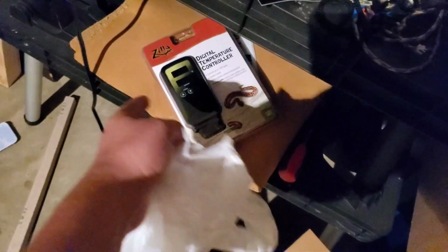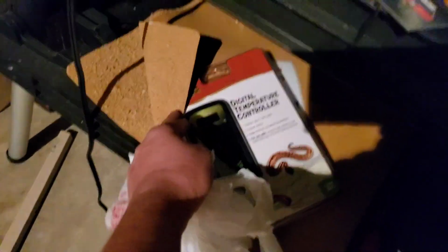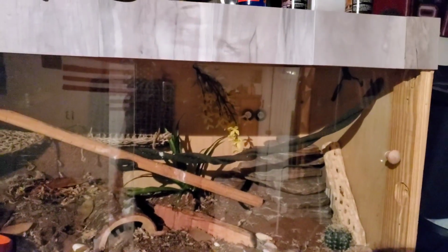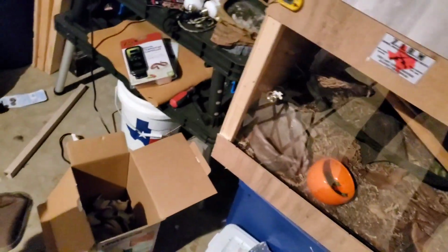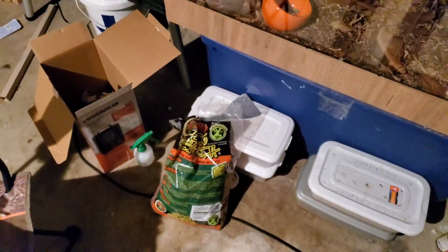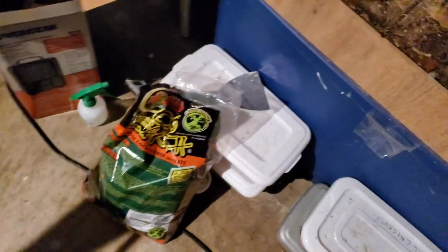I got that big old sand mat. I'ma probably either put it on the back of E-Ray's tank or on the back of Zula's. I don't know. Haven't decided yet. But also I got some smaller mealworms to put inside the substrate,